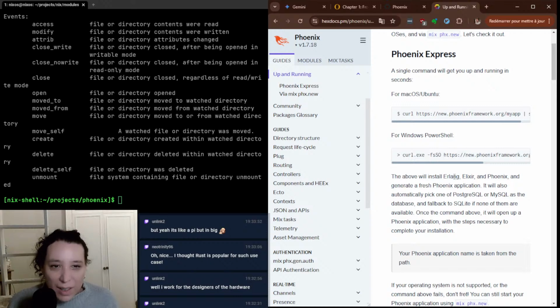The above will install Erlang, Elixir, Phoenix, and generate a fresh Phoenix application. It will also automatically pick one of Postgres or MySQL as the database and fall back to SQLite if none of them are available. Once the command above,